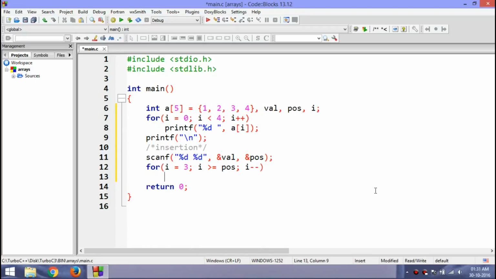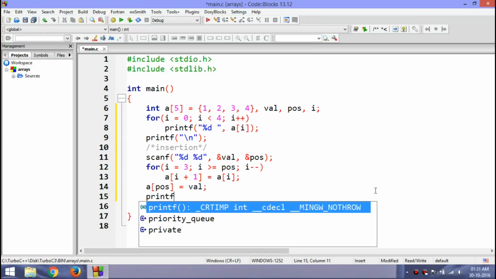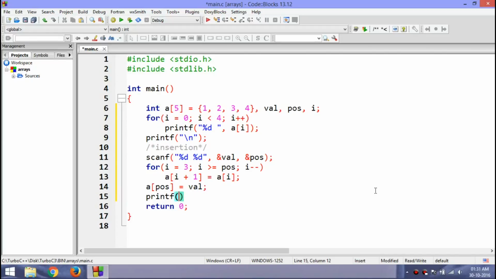In each loop, we have to perform this operation as you had seen in the algorithm. Then after the loop has completed, we will insert the val at the pos. And now I want the user to see the final state of the array.